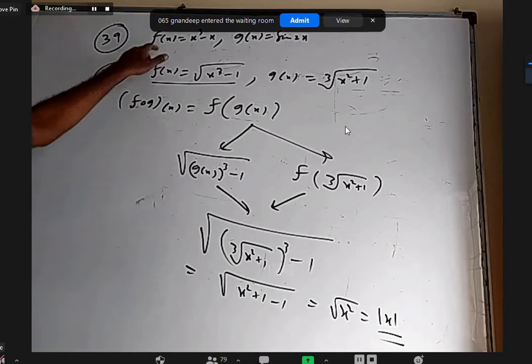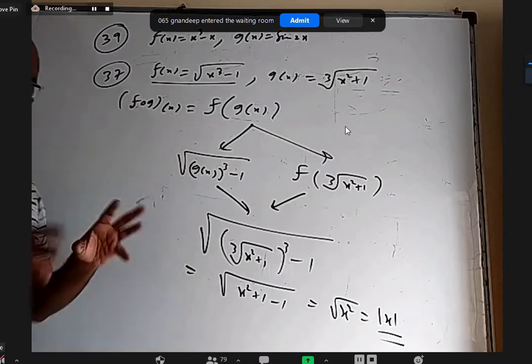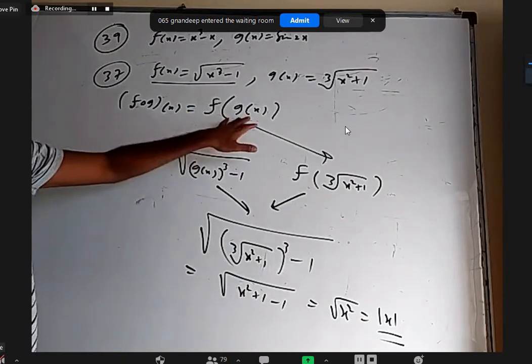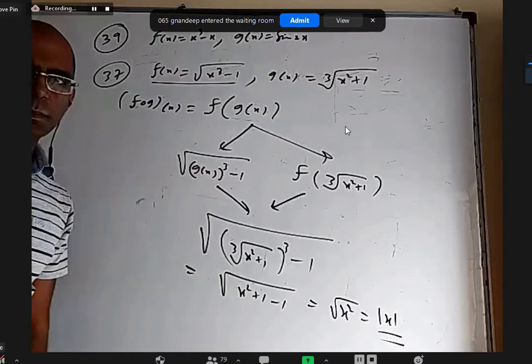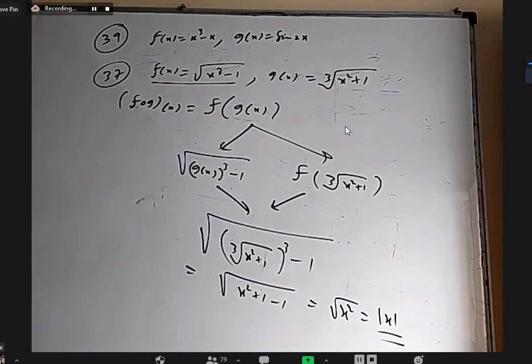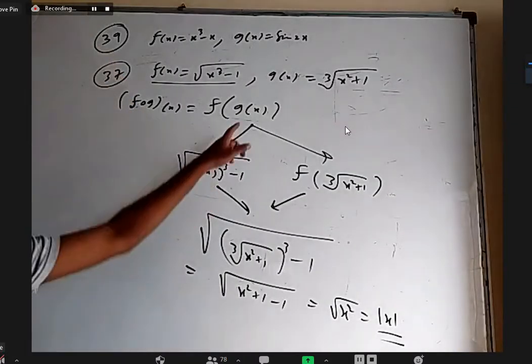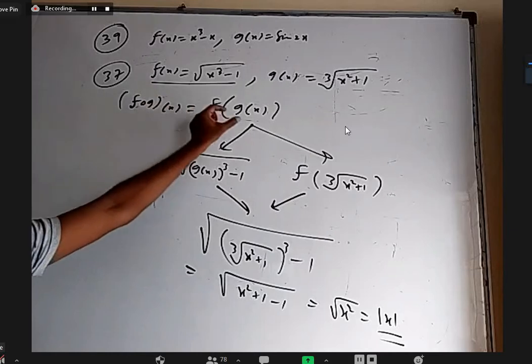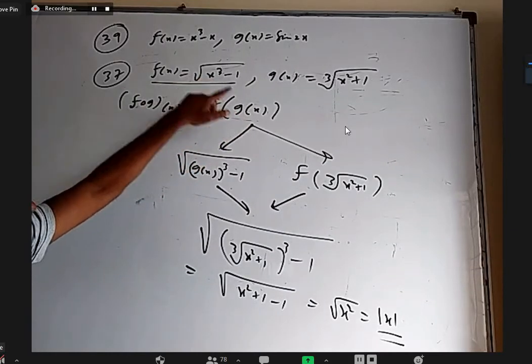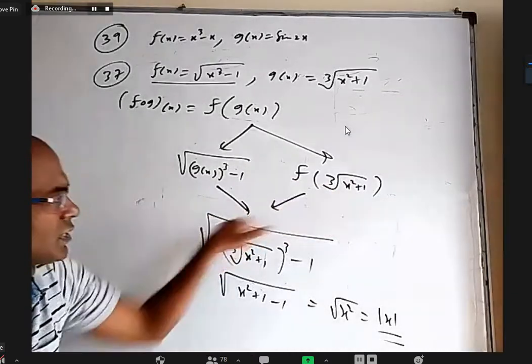Okay, 39 I just wrote, we'll do it after 37. So as I said, nothing much theory, just substituting g of x in the definition of f, replacing x with g of x here. Up here I understood both ways, that is either as it is g of x replace with x, or first substitute what is g of x and then in f definition replace x with this, ultimately will come.